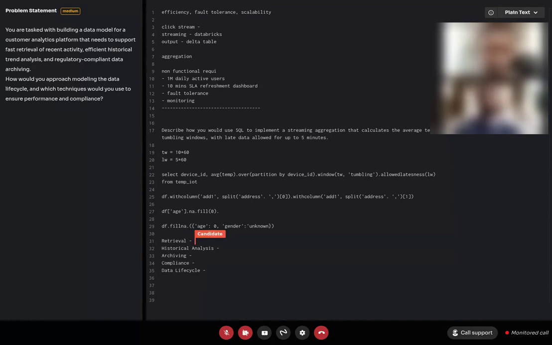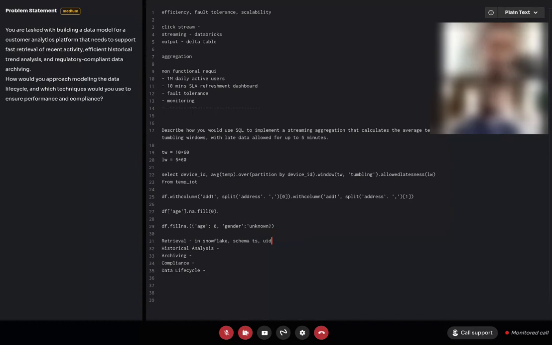Suppose you have to retrieve the data faster. So what kind of schema will you use? In Snowflake, I would be using, let's see, a schema where, when we want fast retrieval of recent activity, we would be reading the data using a timestamp or maybe a UID, user ID.